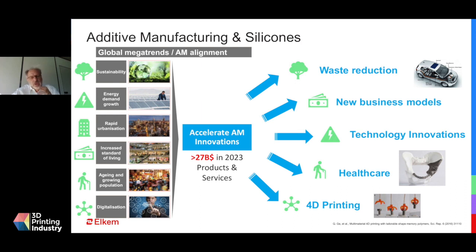So we name it in waste reduction, new business model, technology, innovations. That's really the world where we would like to use silicone as elastomers in a very efficient way, with the possibility to use silicones in a direct print, not what we know until now in molding and injection, which for sure will remain, but will open up a new way of silicones, also a new way of providing a business model where we don't have to build on economies of scale, but we can build on small runs, personalized items that are becoming more and more asked for.